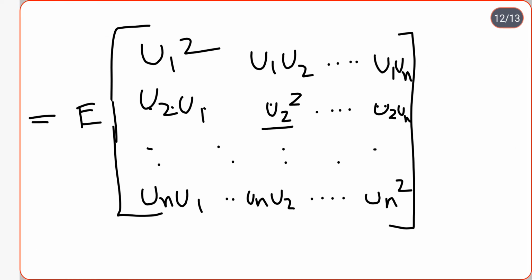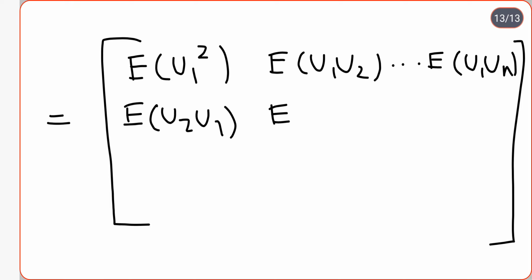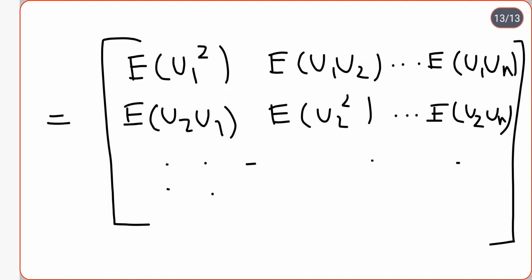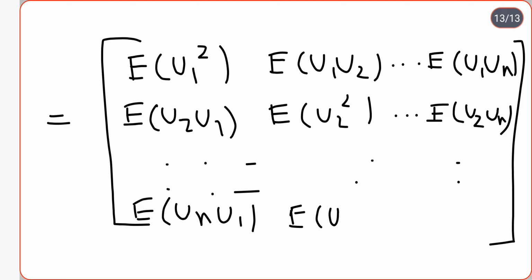Okay, and then expectation of u2 square, and it goes up to expectation of u2 un. Then just for the last row, that is expectation of un u1, expectation of un u2, and it goes up to expectation of un square. So basically what we are having here, as you can see, these are nothing but